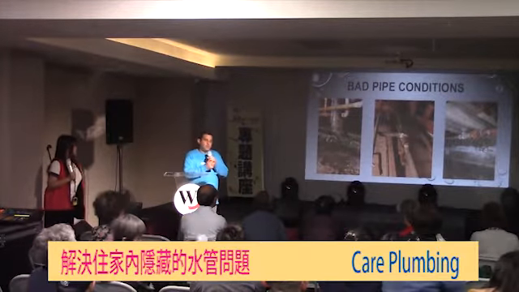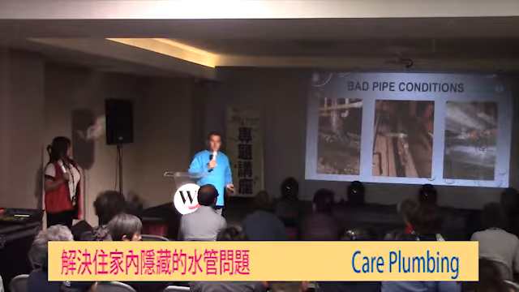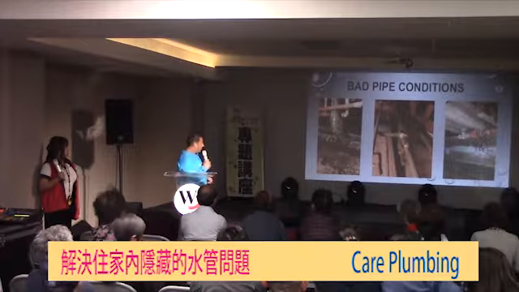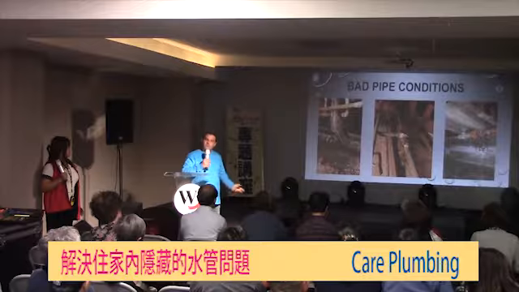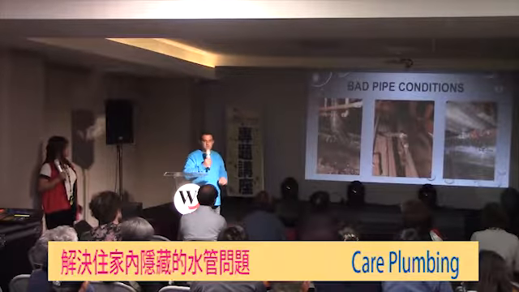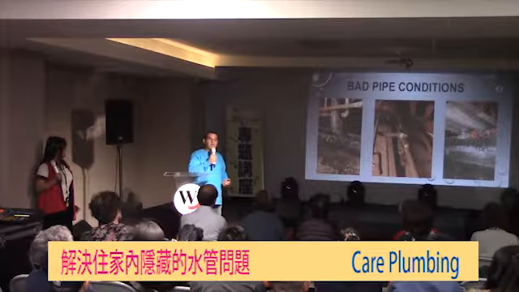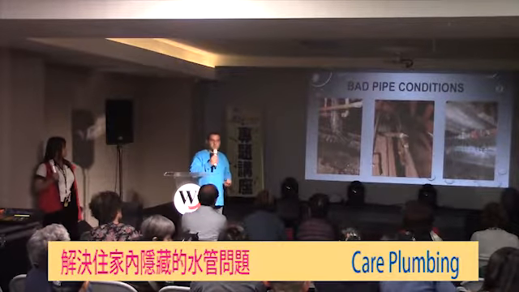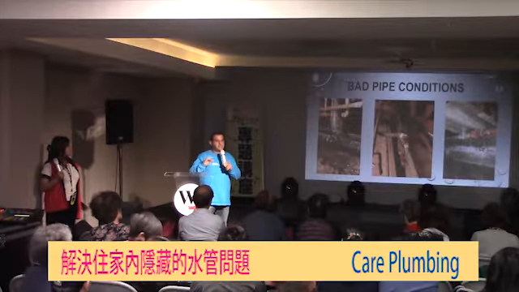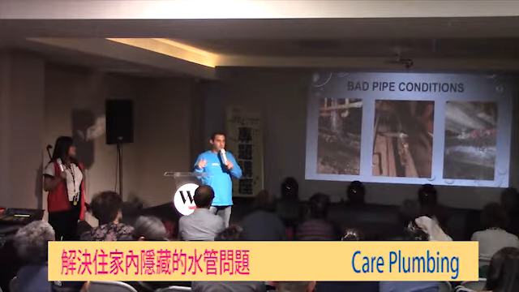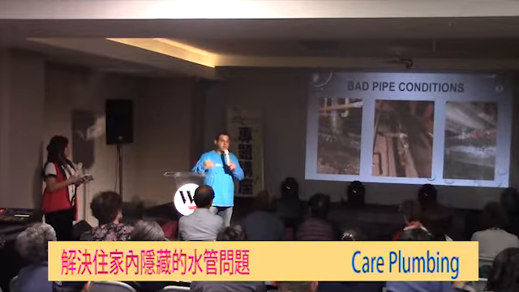So how do you know if your water pipes are old and there are issues with them? First of all, if your house is really, really old, post-World War II up until the mid-60s, most likely your water pipes are made out of galvanized pipe. Galvanized pipe is basically an iron pipe with a galvanized coating on it, which doesn't let the pipe get rusted.